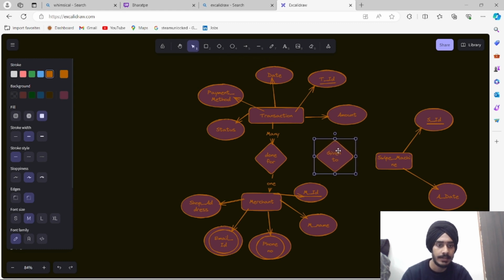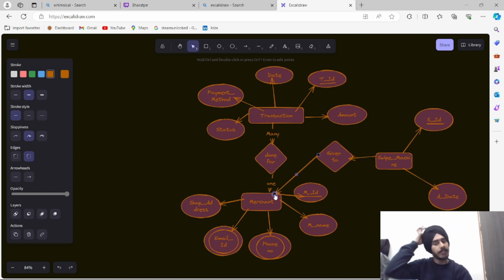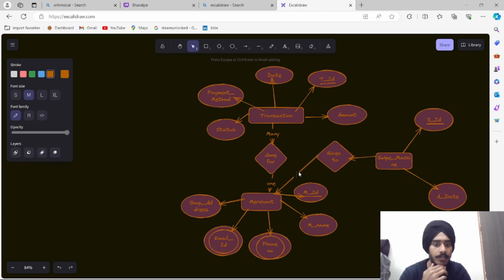So see, this is a relation. We firstly have to link this. Swipe machine given to merchant, like this way. For the swipe machine, different merchants can have one swipe machine each. But one merchant can only have one swipe machine, not a lot of swipe machines given to the merchant. So this is a one to one